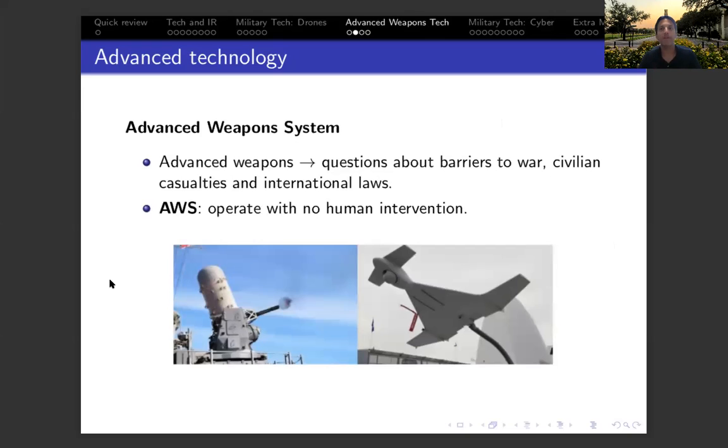Those are even more advanced versions of technologies such as drones. And unlike the drones, they are not controlled from a distance. They operate, and that's how it relates a little bit to the topic I just finished talking about, which is artificial intelligence. They operate without human intervention, especially when it comes to the tasks of selection and engagement